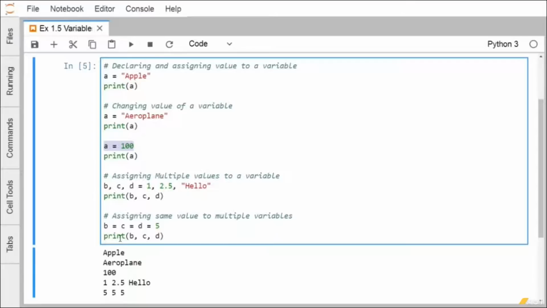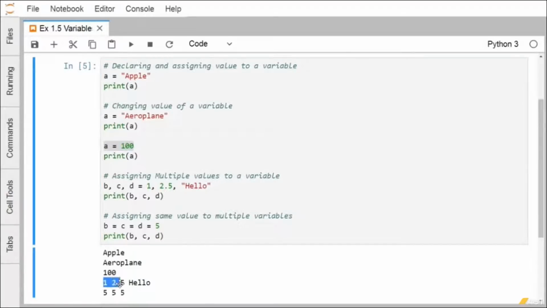Until and unless a is getting initialized with some other type of values. Assigning multiple values to a variable. So b, c, d, all these three variables are getting assigned with 1, 2.5 and hello respectively in the same single line. So 1 will be assigned to b, 2.5 will be assigned to c, and hello will be assigned to d. So when you are printing b, c and d, we are getting the outcome as 1,